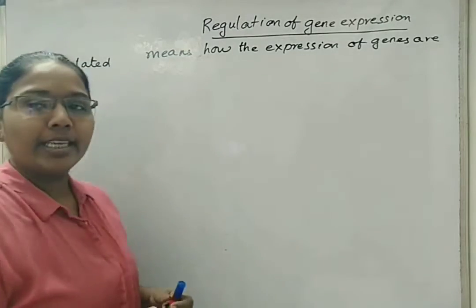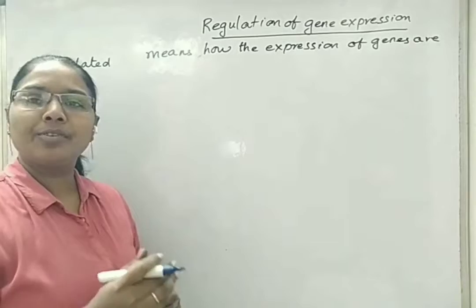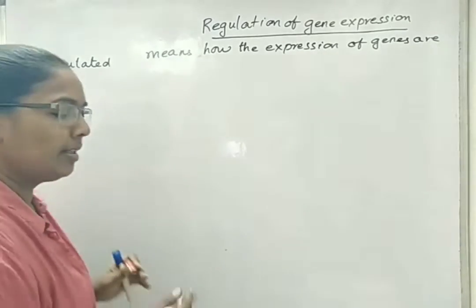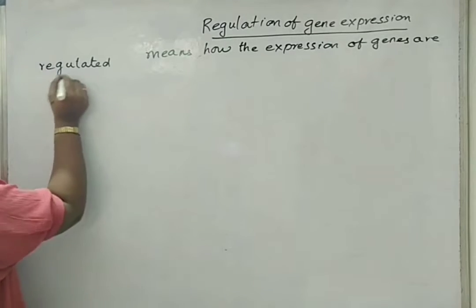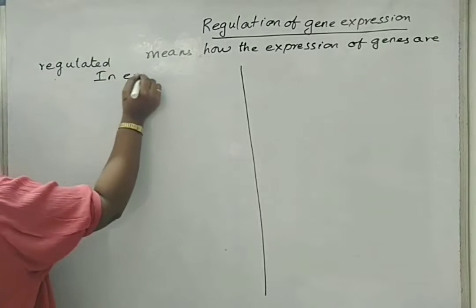Suppose, if you take eukaryotes, during the transcription process, the genes that are responsible for transcription have to be regulated or controlled to some extent. If not, the transcription process keeps on going continuously. So we will divide this board into two parts. In eukaryotes,